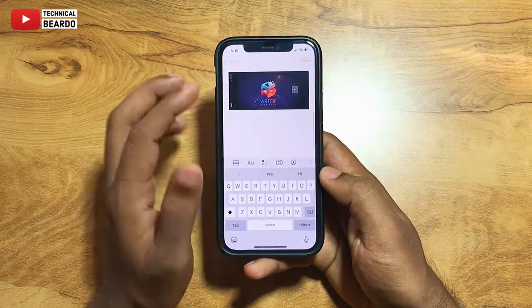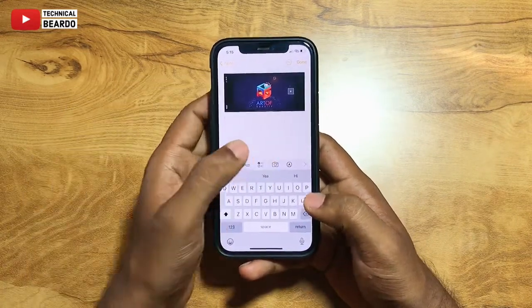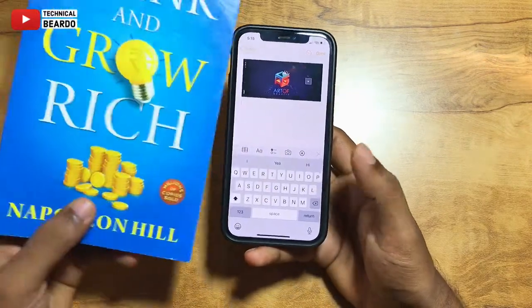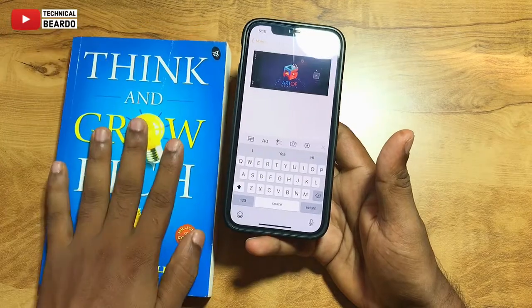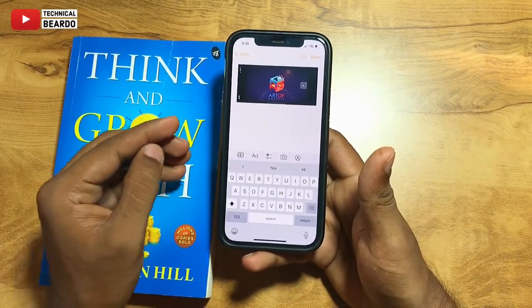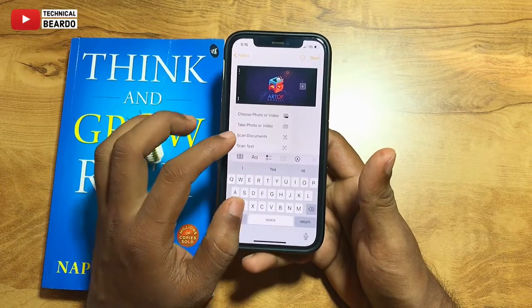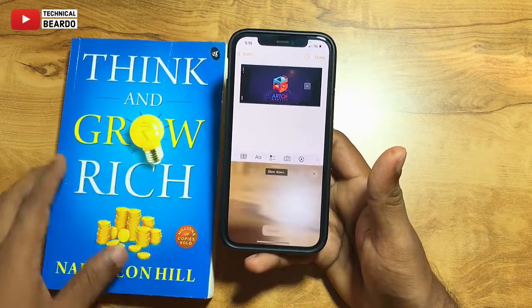Similarly, you can keep multiple photos in the camera roll and you can add them in the PDF file or Notes here. Now after images, we'll see how to scan text from actual books, because sometimes there are many papers from which you want to add text to the Notes or PDF file. For that, do one thing: tap on the camera icon and